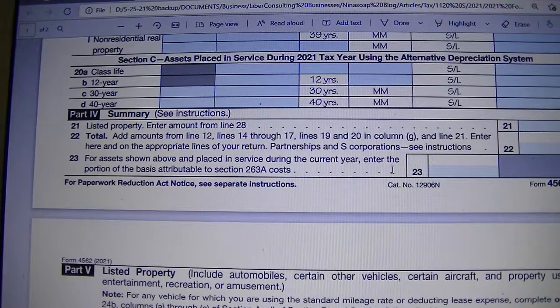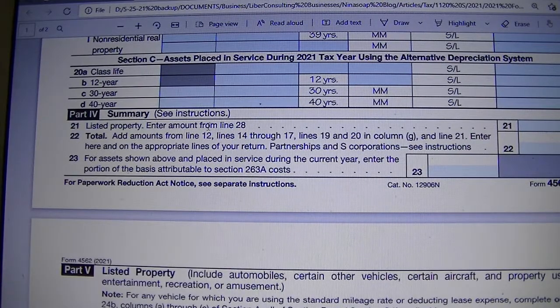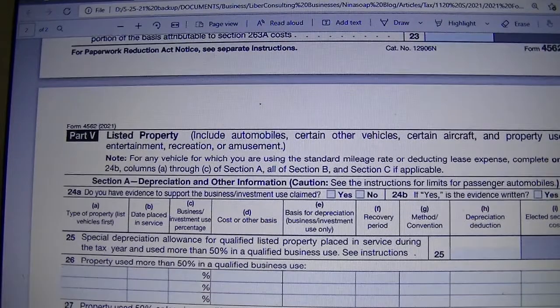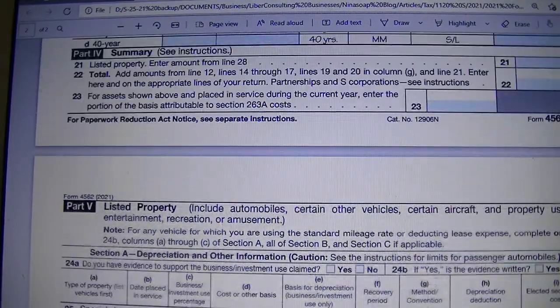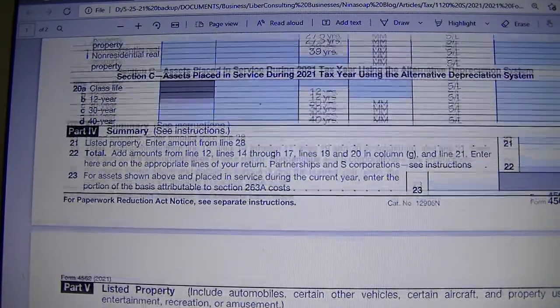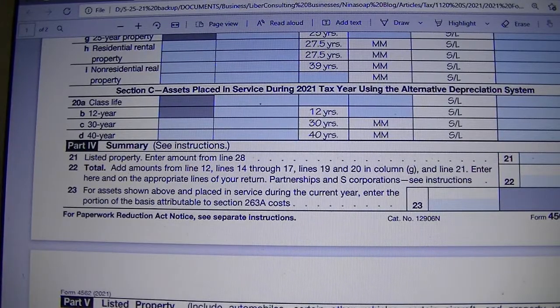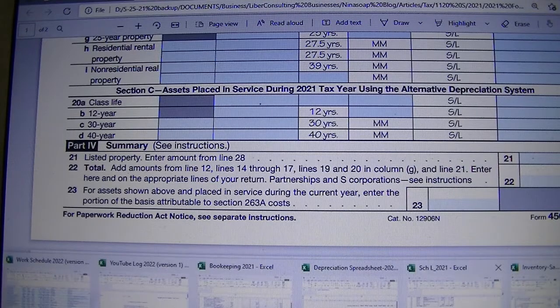Even if you are using multiple 4562, and that will total line, different type of lines, including line 21, which is pulling information from part 5, listed property, the property you can use for personal and business. So, and the total will be 334, and that 334 we just